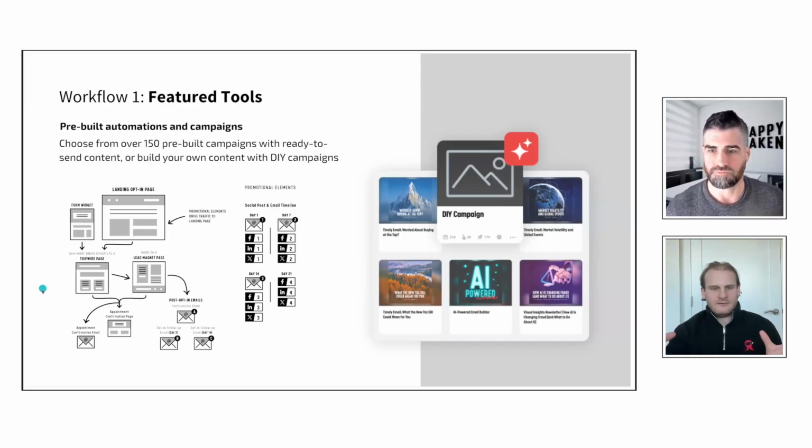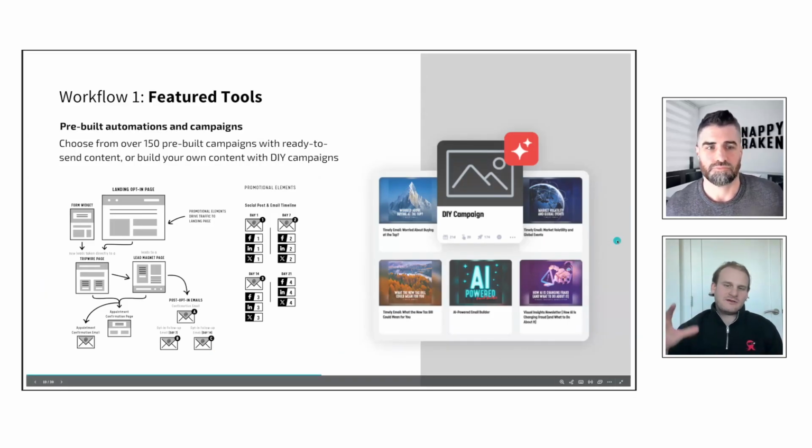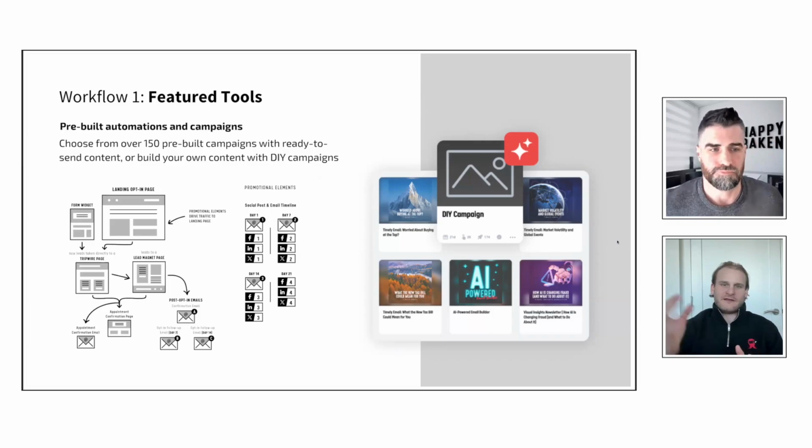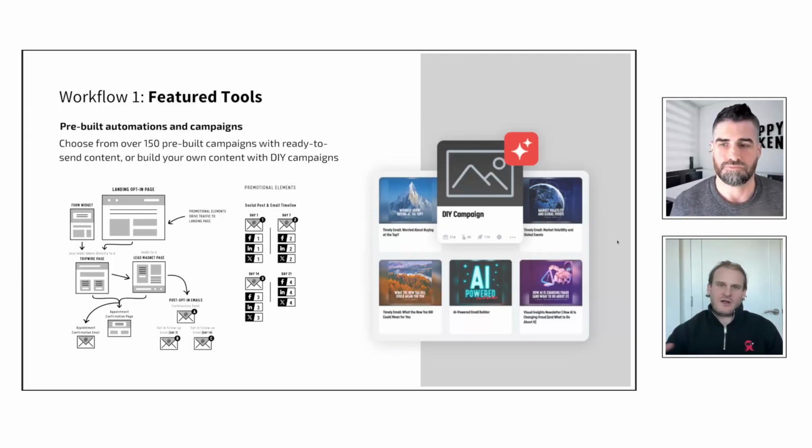You may not know this already, but Snappy Kraken's campaigns, when we say campaign, we don't just mean a single email goes out that links to a landing page or your website. These campaigns are sometimes 6 months long, covering in extreme depth a particular behavioral moment in the life cycle of a financial client or prospect. Or they're triggered milestone communications related to something that's very relevant within the life of your client or prospect, because they come to advisors to answer these very important, difficult questions related to their entire life, not just their finances.